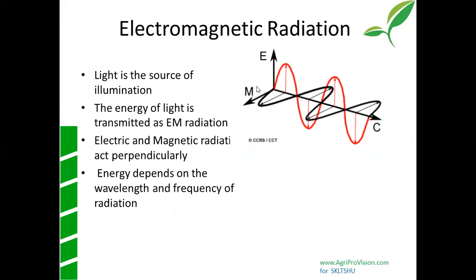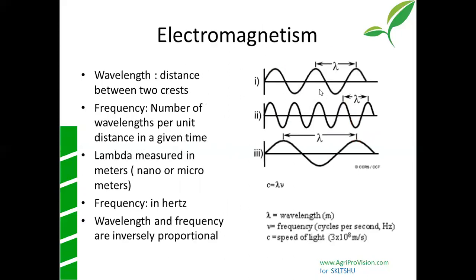When the illumination happens, the energy is being transmitted through electromagnetic radiation. Here you have electrical energy and magnetic energy, which are perpendicular to each other. As the electrical component goes this way, the magnetic component goes this way. This is how electromagnetic radiation propagates, and it depends upon the frequency and the wavelength through which the energy